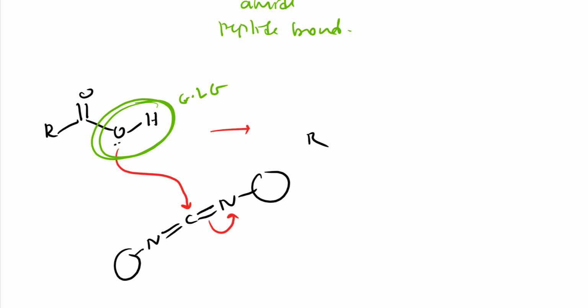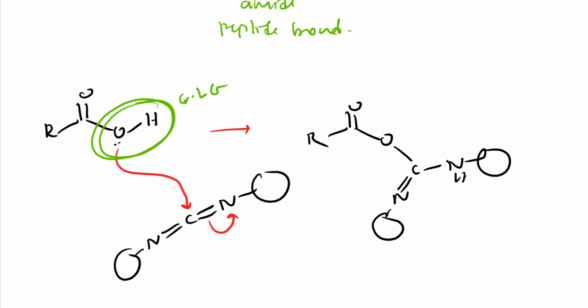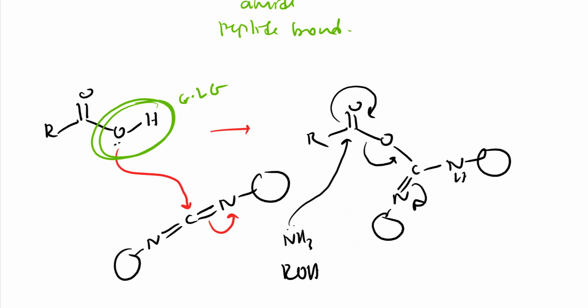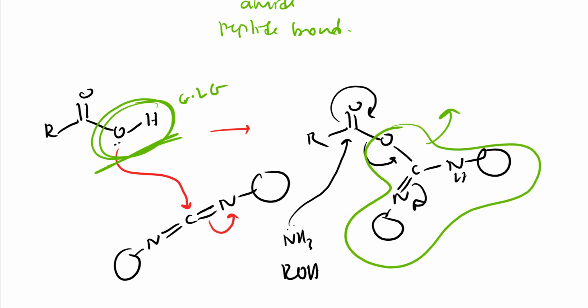See, R, C double bond O. Now if I write directly, you should be able to understand. NH here, cyclic ring, here double bond N, cyclic ring, right? So see further what happens. If I have any ammonia or alcohol, as soon as they attack here, this electron density comes back. See here, it is making a good leaving group. Initially it was OH, right? So now OH is attached to this system, which is a very good leaving group,